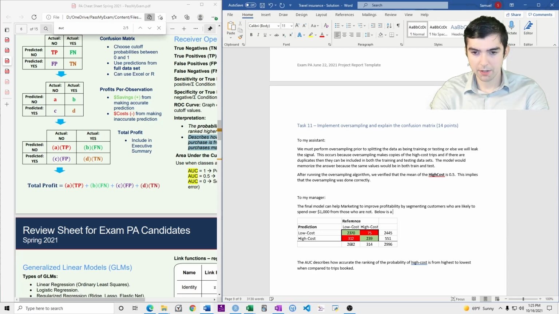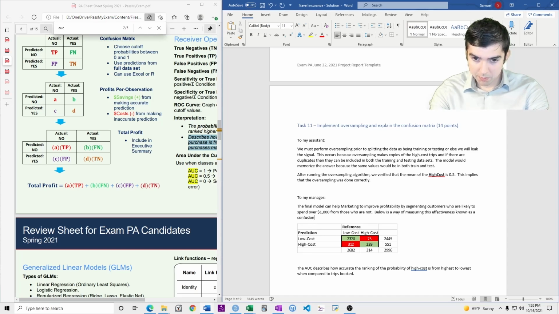Below is a way of measuring this effectiveness, known as a confusion matrix.